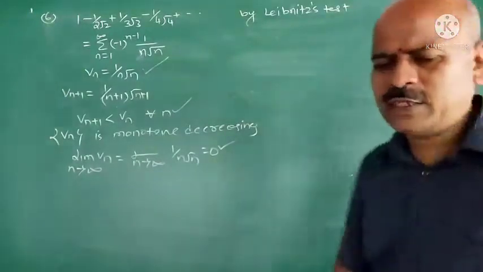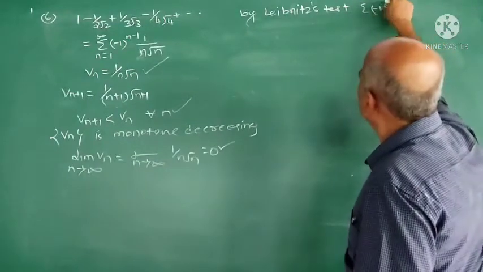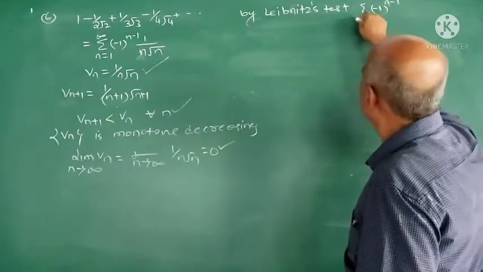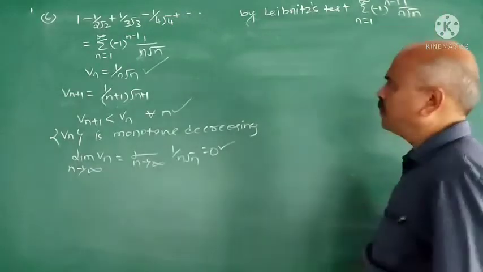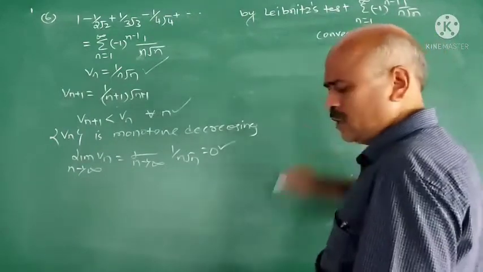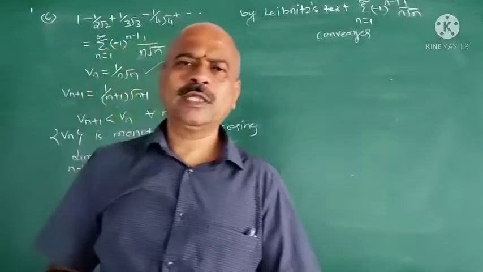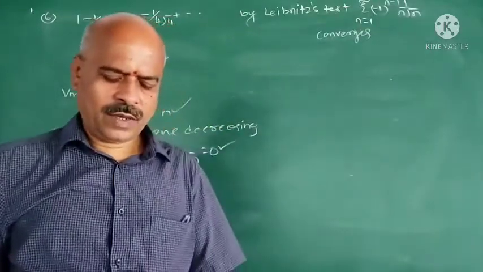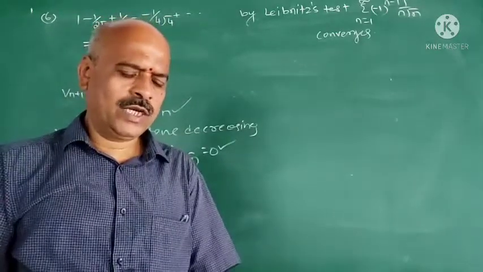By Leibniz test, sigma minus 1 raised to n minus 1, n is equal to 1 to infinity, 1 upon n root n converges. See, these are some examples on this Leibniz test, and some few examples I leave